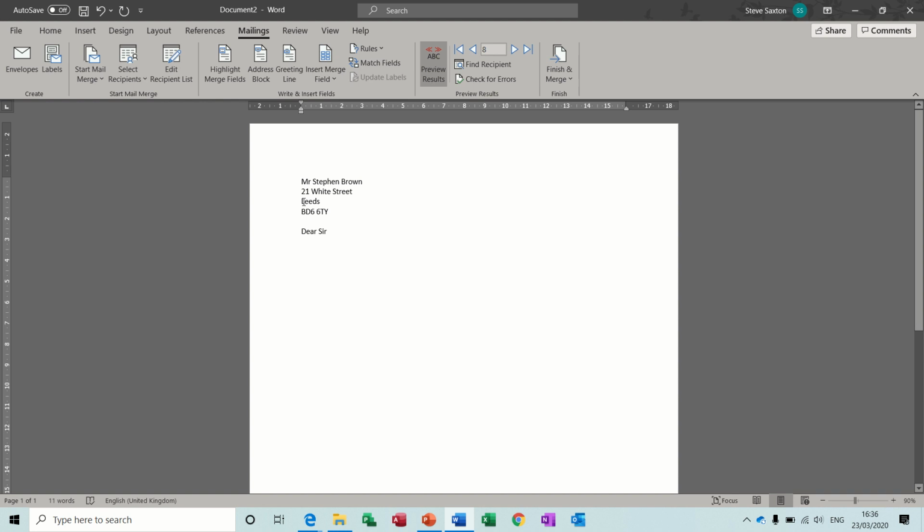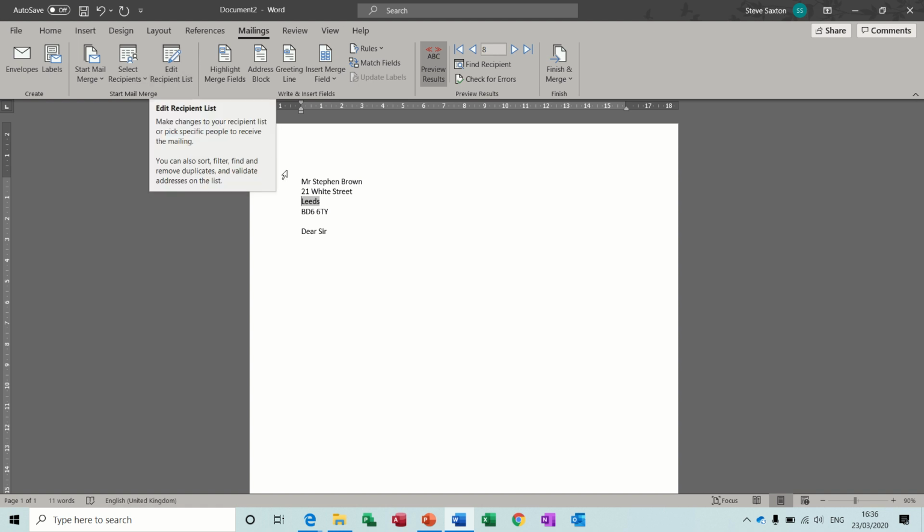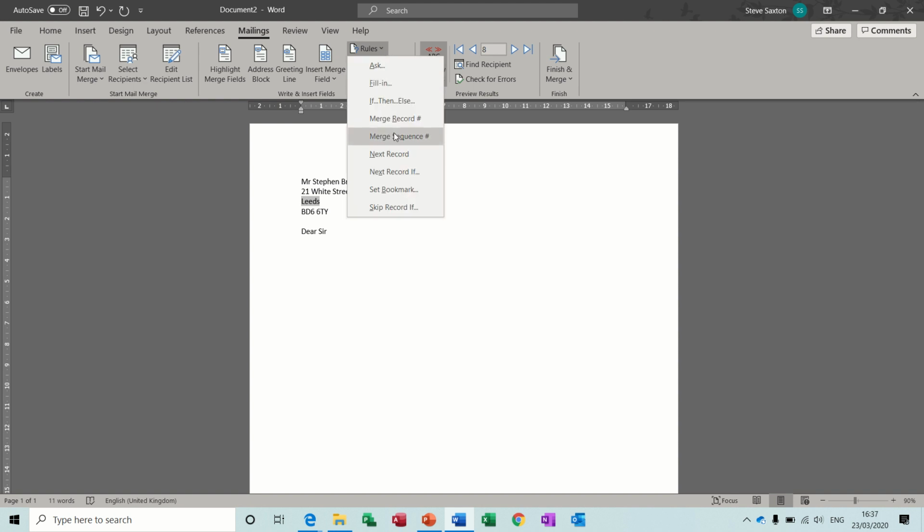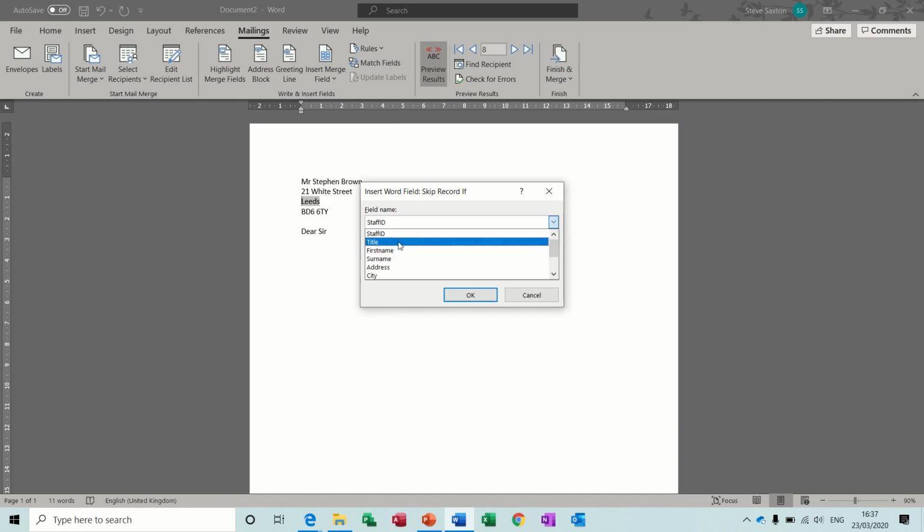Now, let's say that you want to skip records on this particular mail merge if the city field is equal to Leeds. Now we could have done a filter at this stage, but just to show you one of these other fields, we've got skip record if, that one. So if I click on that, if city field is equal to Leeds,